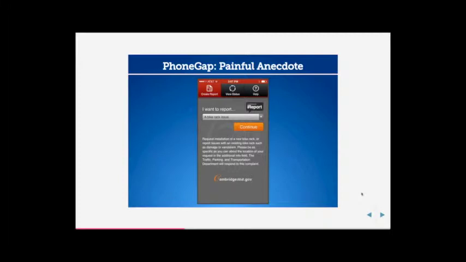So even though it looks like an Android app and it has a drop-down that looks like a web page, this is an iPhone app. And I believe the client's actually happy with it, but on the flip side, I don't know if I would carry this one around and show it off and say, look how awesome PhoneGap apps are, right? I mean, it did its job, but I don't think it's one that's going to get you any customers on